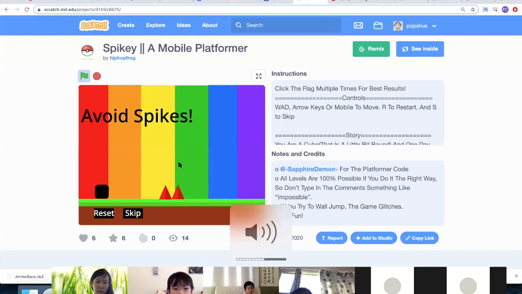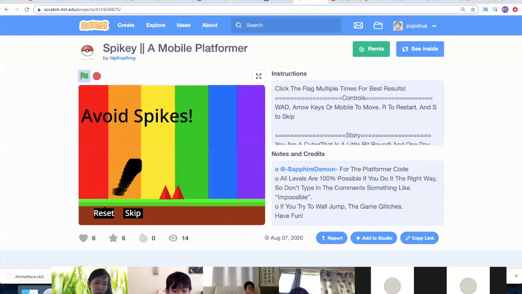Don't let him use the arrow keys. Don't let this guy touch the combs. Use the arrow keys. Yeah. Or WASD arrow keys or mobile. You have unlimited lives, so